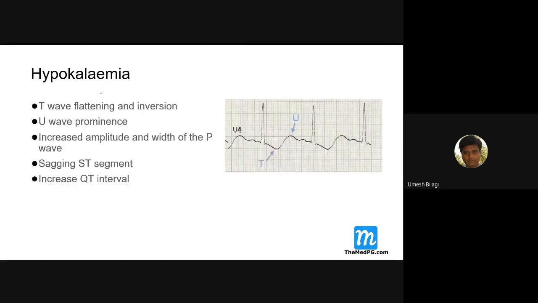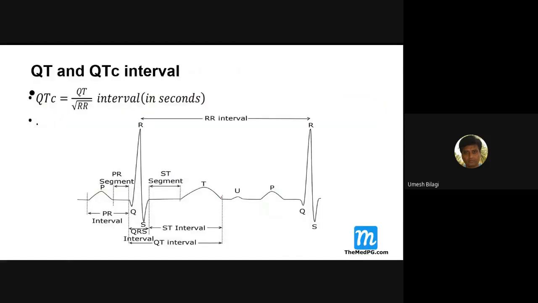Now, in hypokalemia, what are the ECG manifestations? The T wave gets flattened. But there is an increase in the voltage of the U wave. Sometimes there is a prominent U wave. You may confuse it with the T wave. Where does the T wave come? I told you here. See, the U wave comes after the T wave. Sometimes this can become so big that the ECG may become like this. This will obliterate, this will increase. So now the QT is prolonged. QT gets prolonged. That can happen.